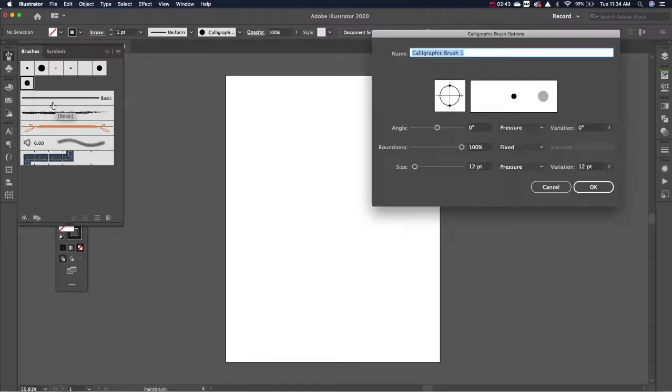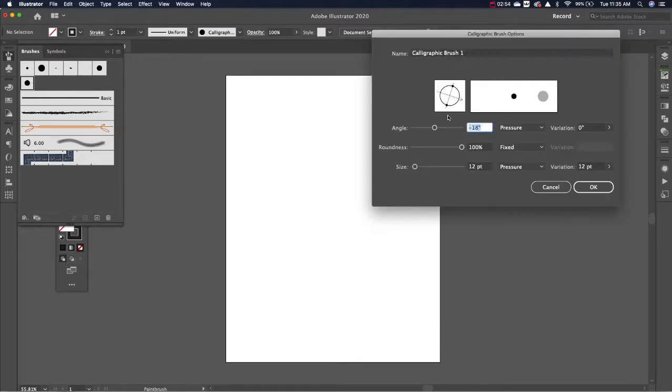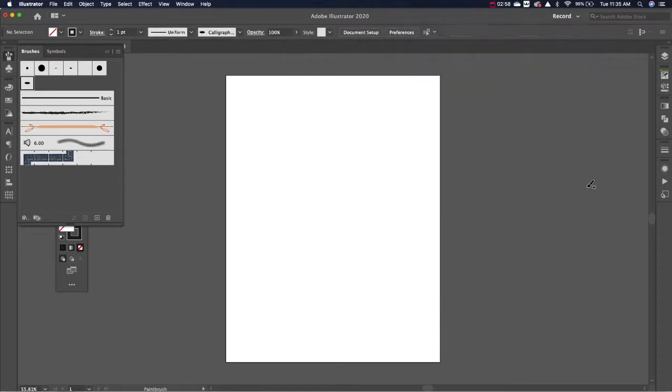And I could change all sorts of things inside this brush. Let's give it a little bit of an angle, or let's start this at 0. But maybe let's start it a little bit squished, right? So we are dealing with that kind of brush, which has this really nice feeling to it as well. So one thing that you'll notice about these brushes is they come in at